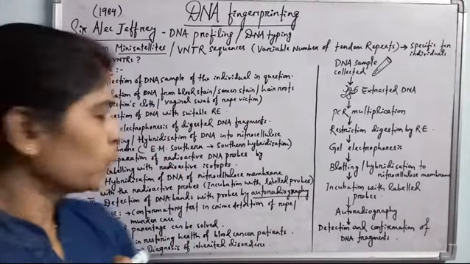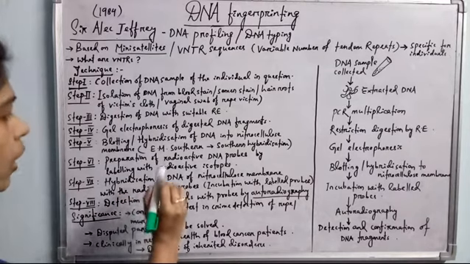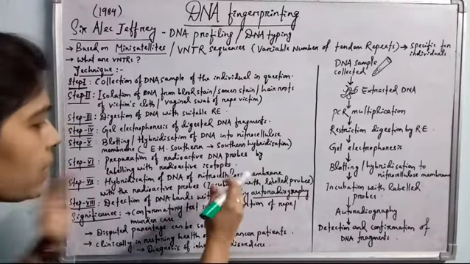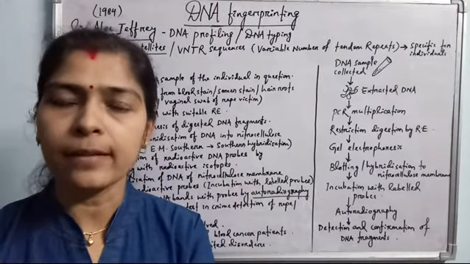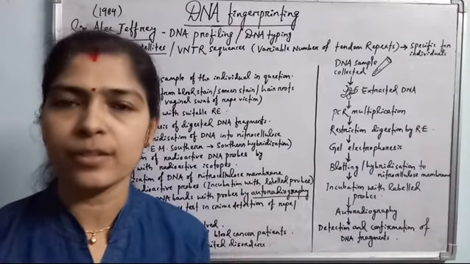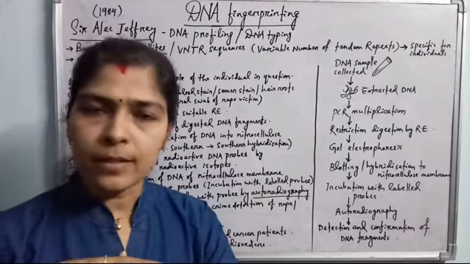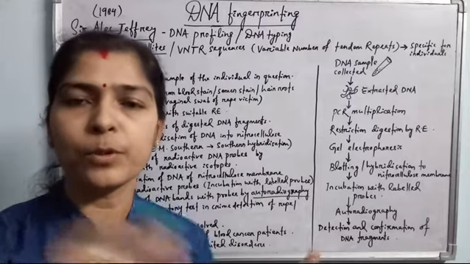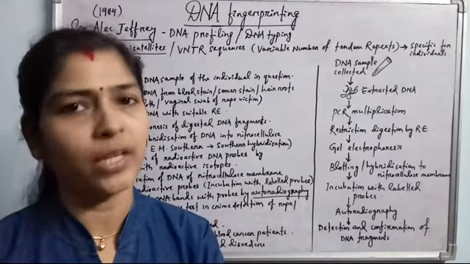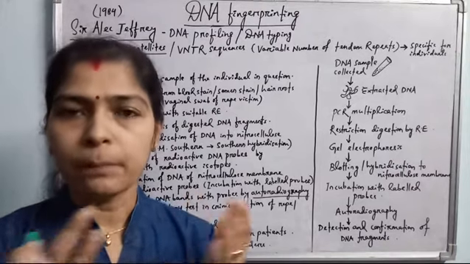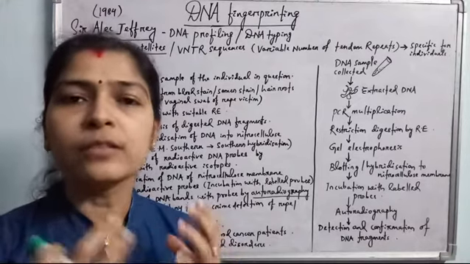The next step is hybridization of the DNA on the nitrocellulose membrane. From the suspects, supposedly 4 to 5 suspects, a DNA sample is collected, then restriction digested, then electrophoresed, then made single stranded, and then transferred to a nitrocellulose membrane. These nitrocellulose membranes contain the suspects' DNA, meaning the people in question are the suspects, but we have to find the real criminal.